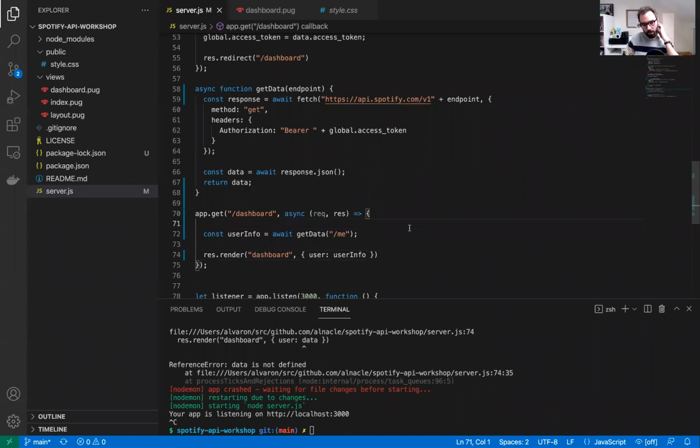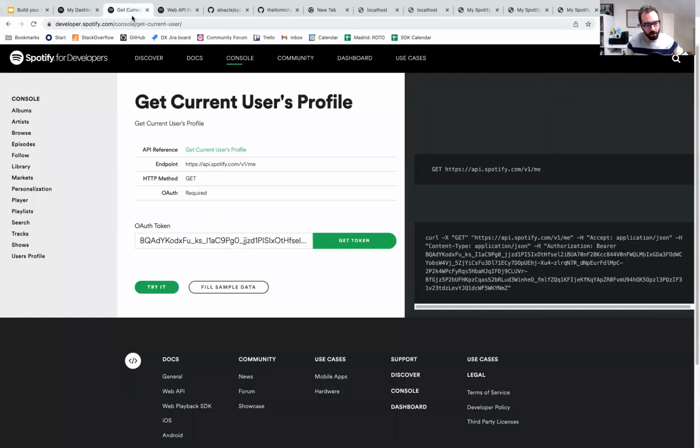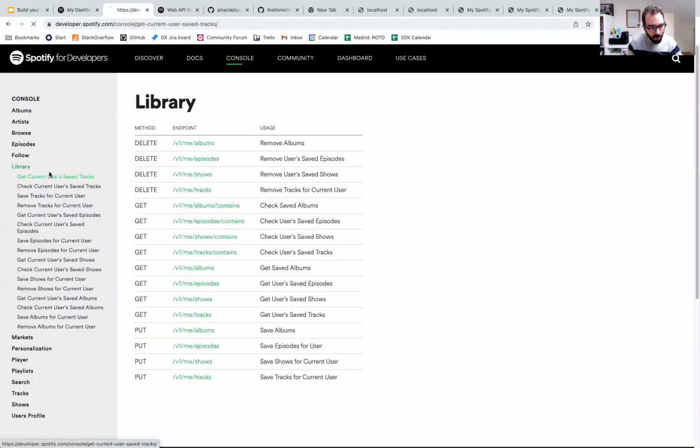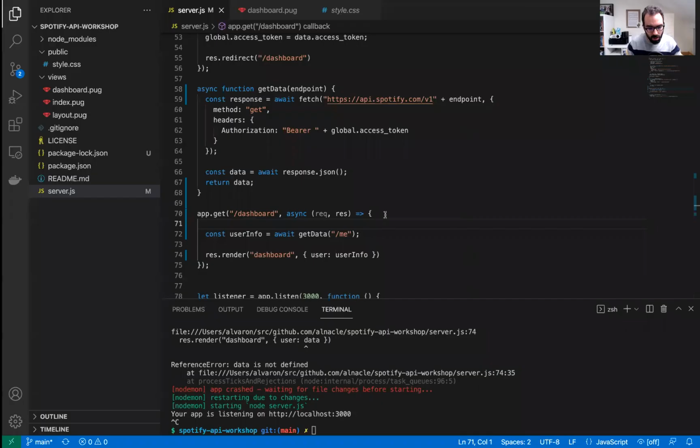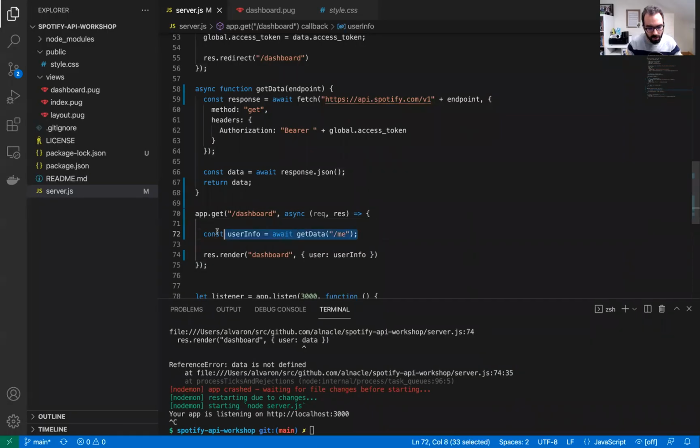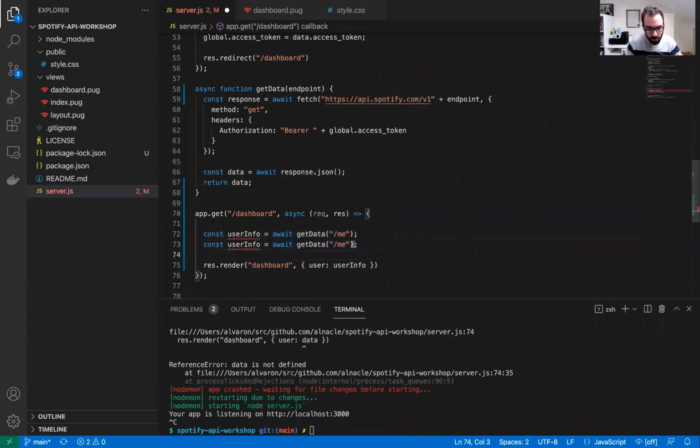This one is gonna be the API that returns my saved tracks. This one, get user saved tracks. It's this endpoint. It's me/tracks, and it's gonna return my saved tracks. So now we have this getData method in place. It's pretty easy because I can basically reuse this. I'm gonna call it tracks, for example, and the endpoint is